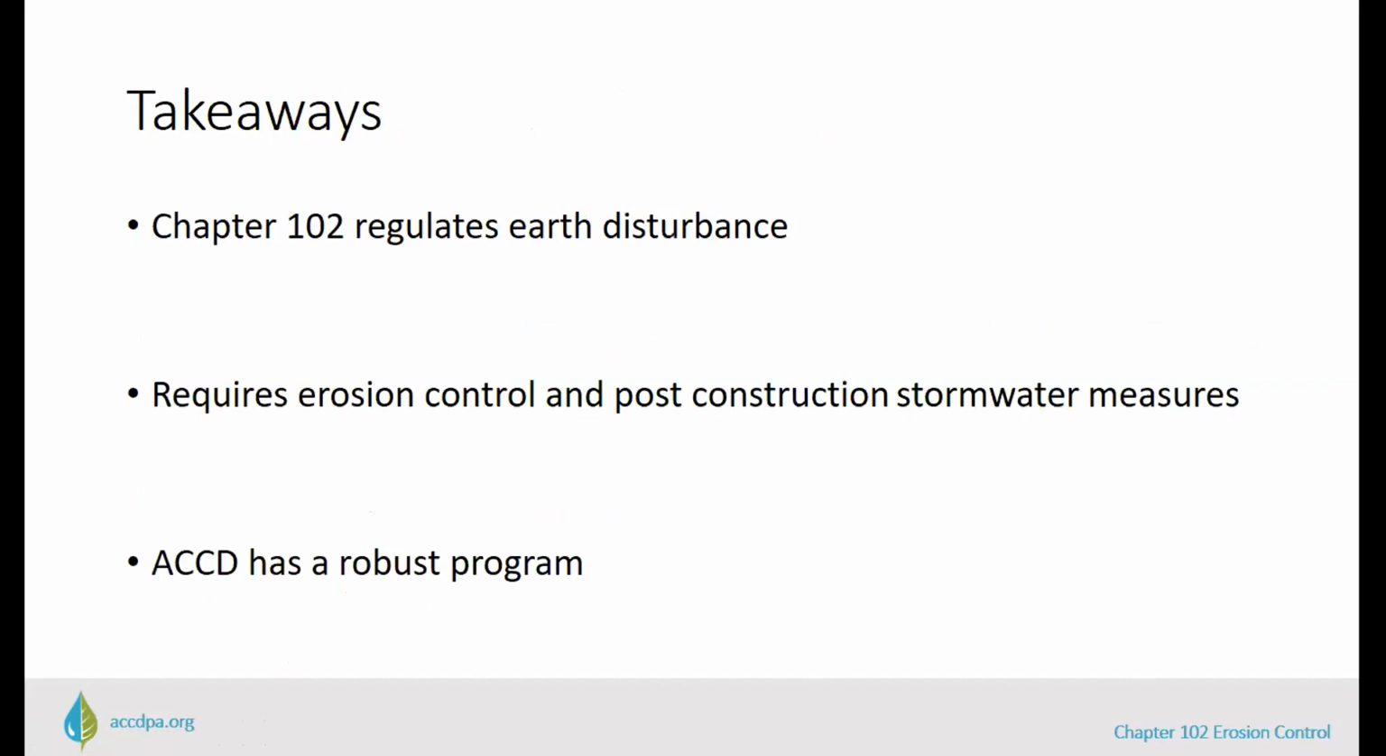Some takeaways from today. Chapter 102 specifically regulates earth disturbance. The regulations require erosion control and stormwater best management practices be used during earth disturbance and after development because both have detriments to water quality. This is an extremely broad category, earth disturbance, and the regulations are written to set different requirements for different activities